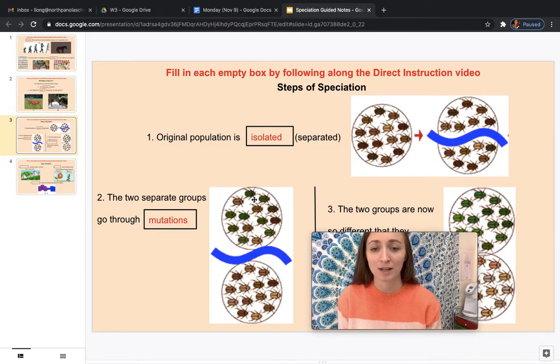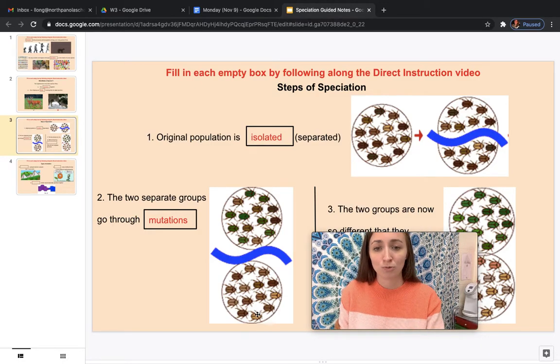The top group up here gets a mutation that looks like it's changing their color a bit. So you have a green color pop up in the beetles, and again, mutations can be passed down to the next generation. So you see over time, as more and more of these beetles are reproducing, that green color is being passed along because they are reproducing with each other. Now, since they're not reproducing with this group, if that mutation doesn't happen, it's not going to be passed down because that green color isn't present in that group.